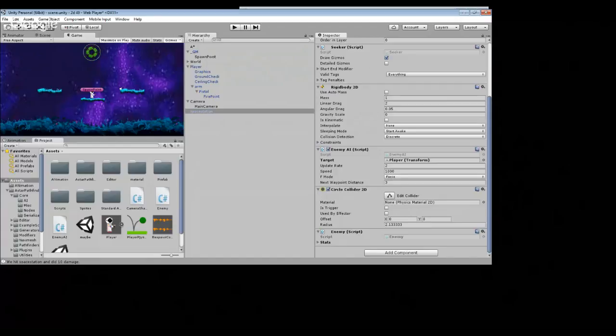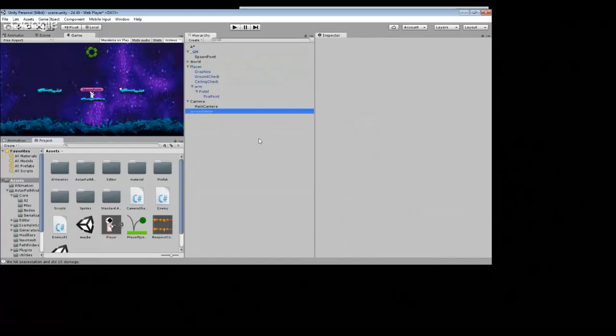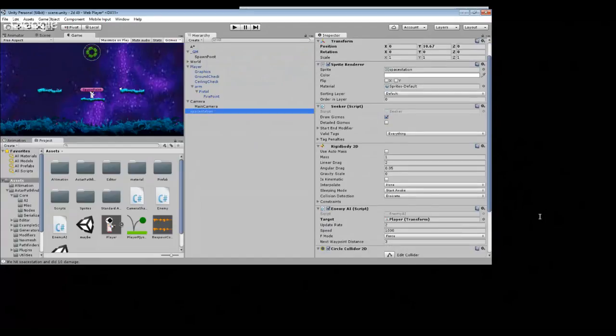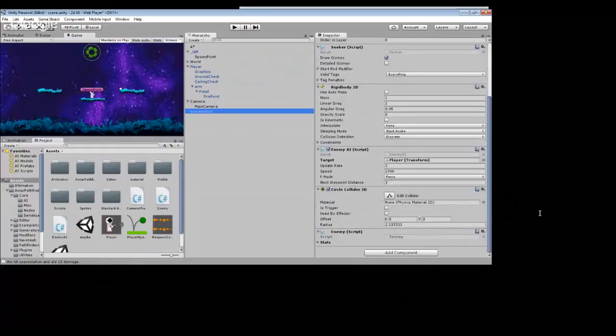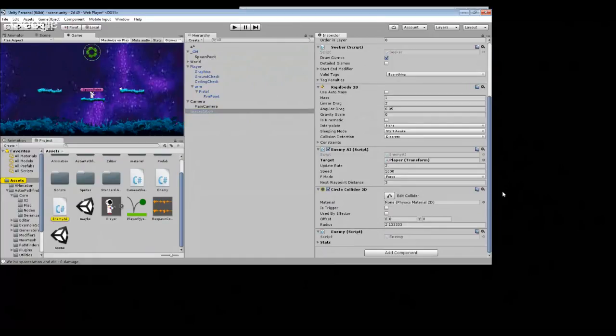And then if I go into the AI, I can show you how I did some of the pathing. Basically, what I've got set up is a target, which I have just set to the player transform, which is this. It's referencing this object here. And then I have my AI script, which if I go into,